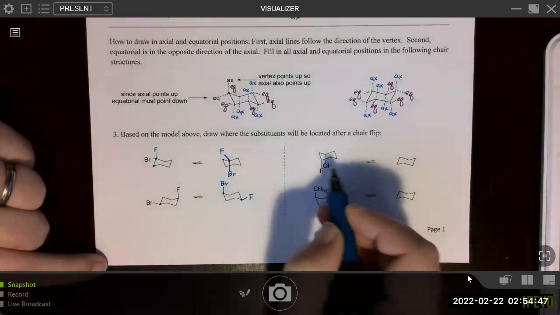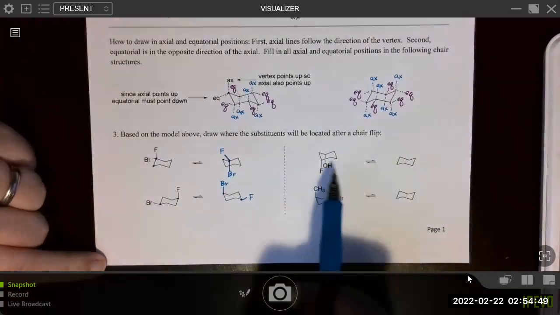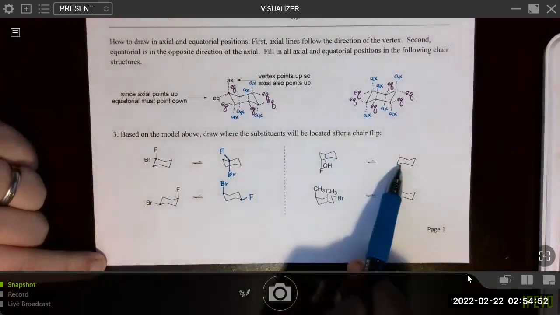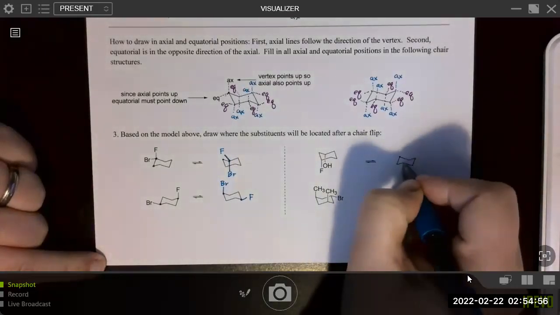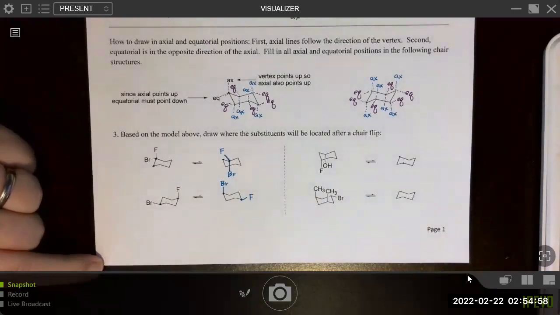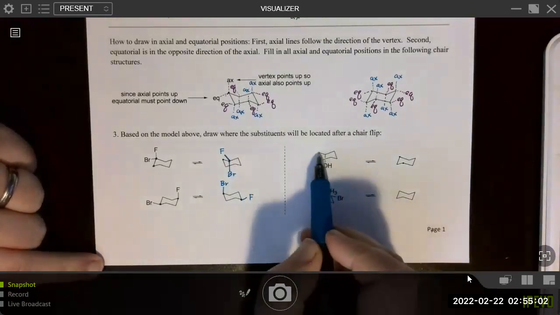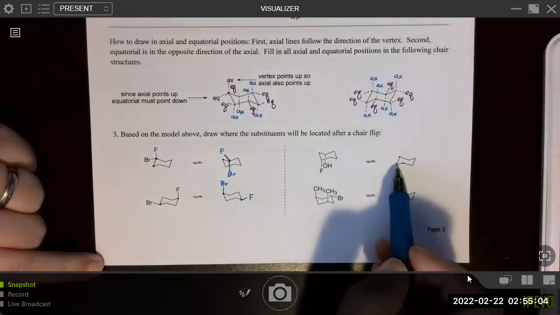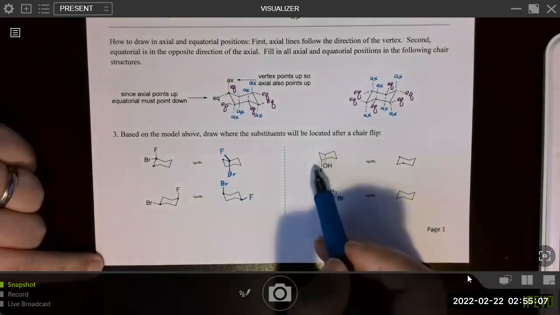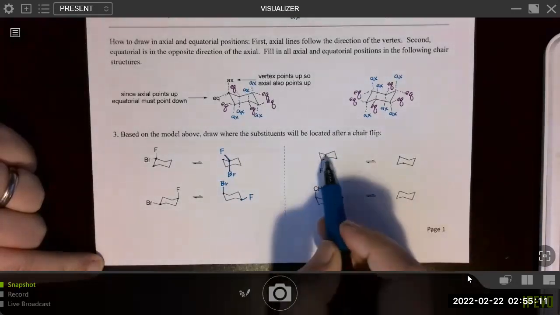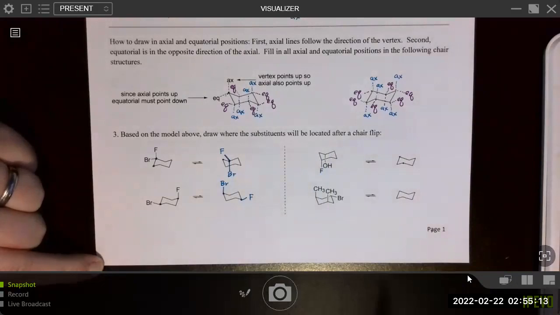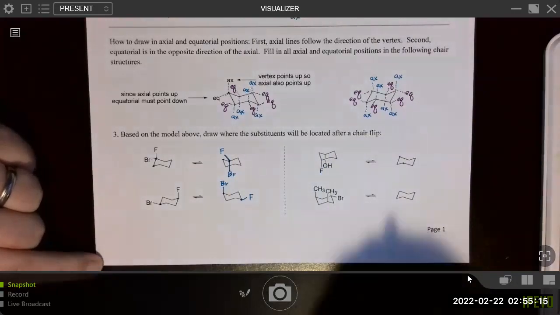Okay, moving to this one over here. Again, notice that this carbon that's flipped up will end up flipped down. Right? So the two carbons that we'll be placing groups on are the ones attached to that carbon. And just notice that sort of going clockwise, from this carbon that was flipped up, becoming flipped down, we have the OH group. Right now it's down and axial. So after the ring flip, it should be down and equatorial.